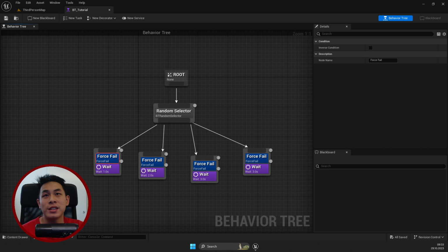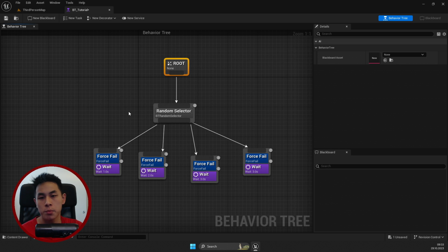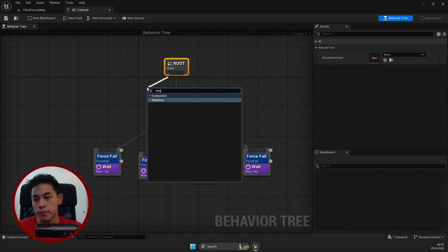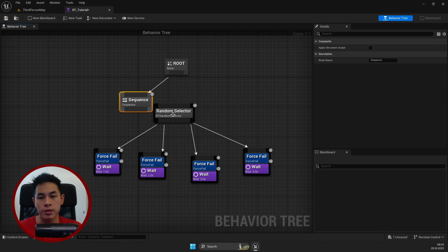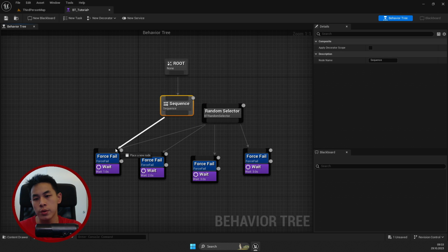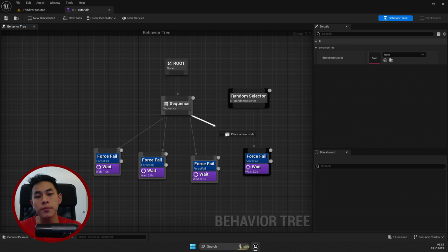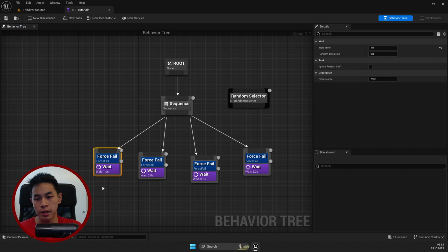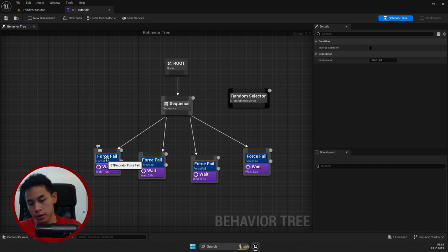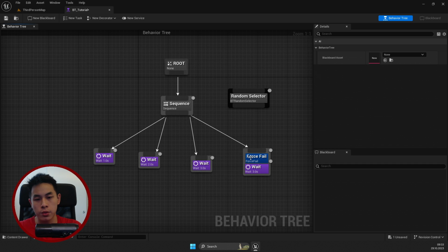So I'll be making a random selector, which, if you know, is a composite node used in behavior trees. We have the sequence, which will go from left to right in a sequence. As long as the child succeeds, it will continue to the next one. So just to show you that quickly,